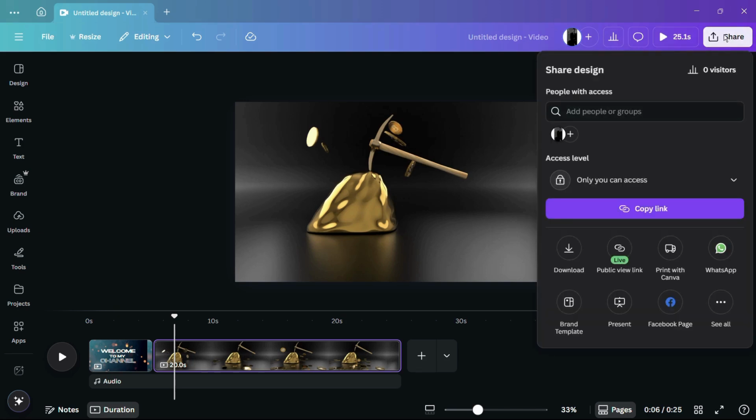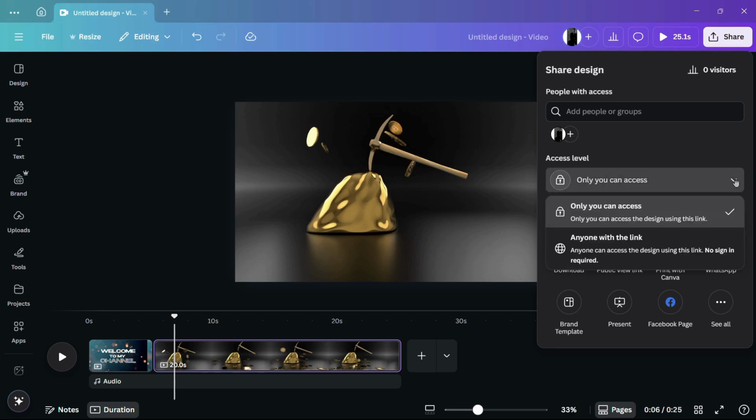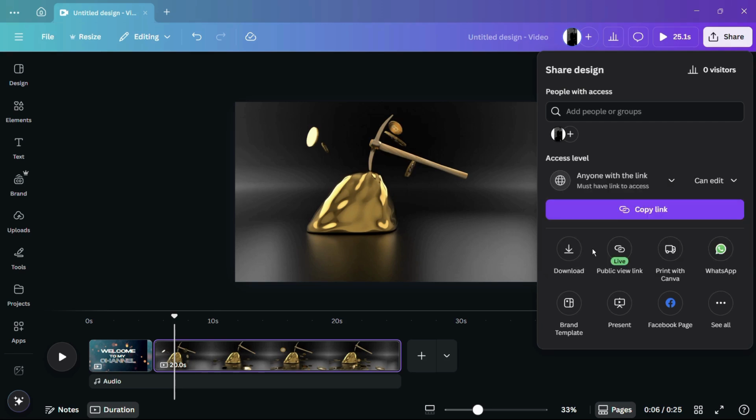And once I do this, you can see this option that says access level. From here, it is currently set to only you can access, and then you have the copy link. So you can click onto this drop down arrow, and from here you have these options. The first one is only you can access, and the next one is anyone with the link. This says anyone can access the design using this link, no sign in required. So if you just want to share this design, you can click onto this option with anyone with the link,